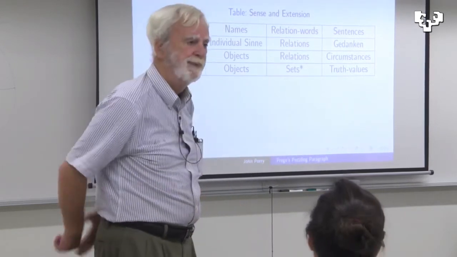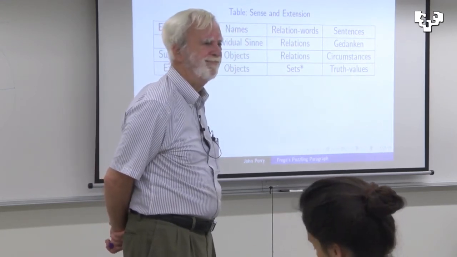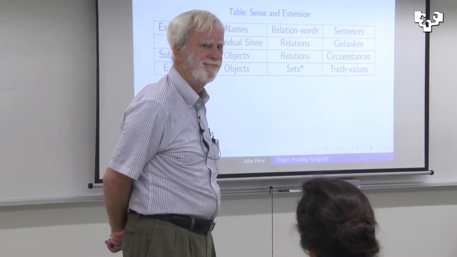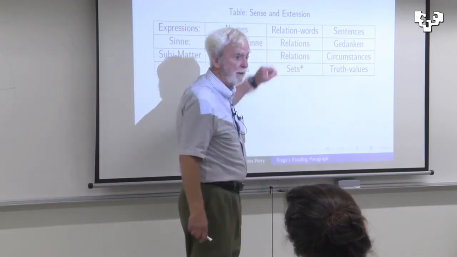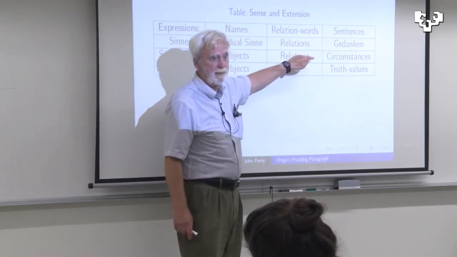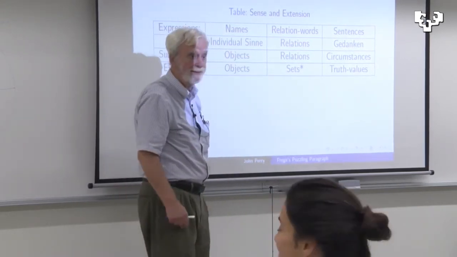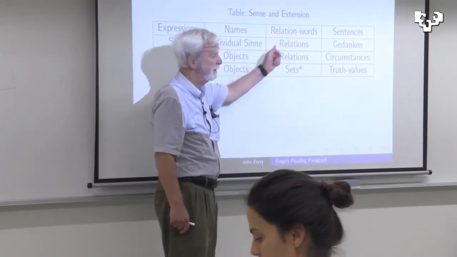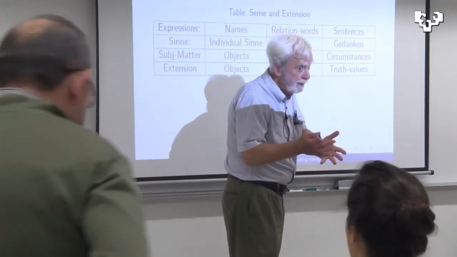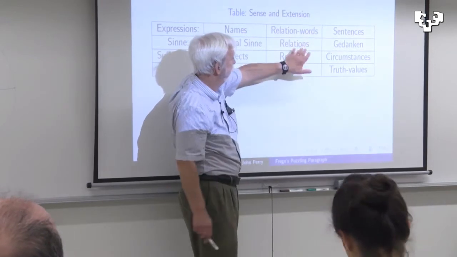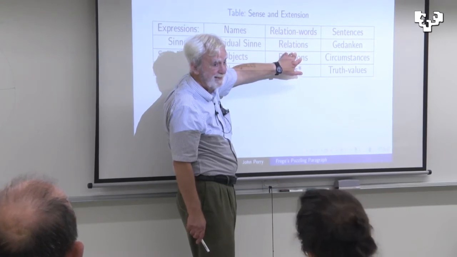So this is actually a serious clarificatory question. Is it the same element in the cell, as it were, under relation words for both Sinn and subject matter? Yes. Are those the same thing? Yes. See, this is a hybrid level. From the point of view of the theory of sense and reference, you've got these two levels, and then you get this level for free by quantifying over this one, but just taking this one. What Frege gives you are just this and this. So you've got the relation and the set. You don't want the set in the circumstance. So I agree with that, but okay.